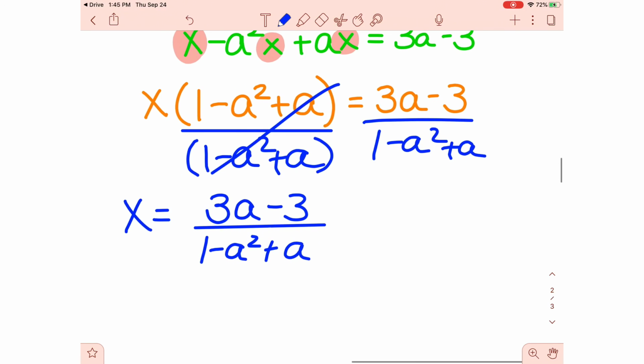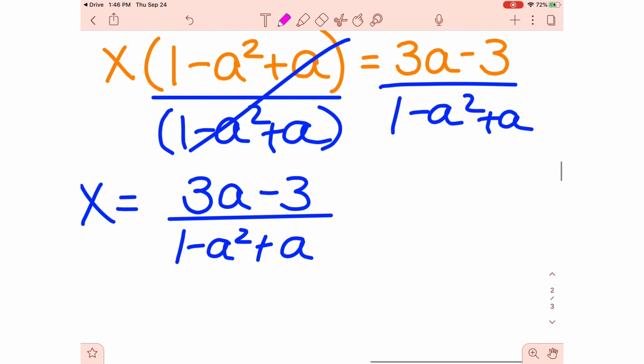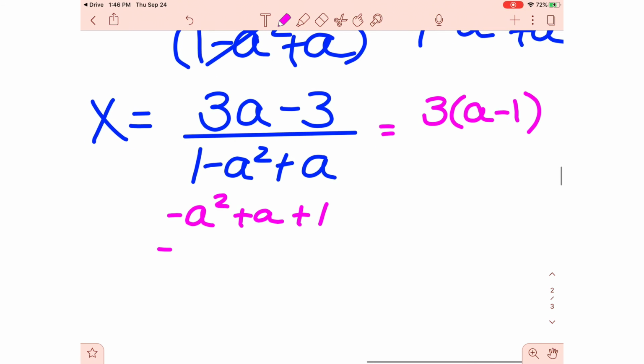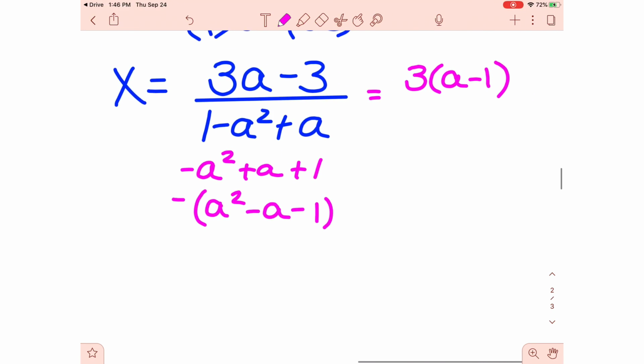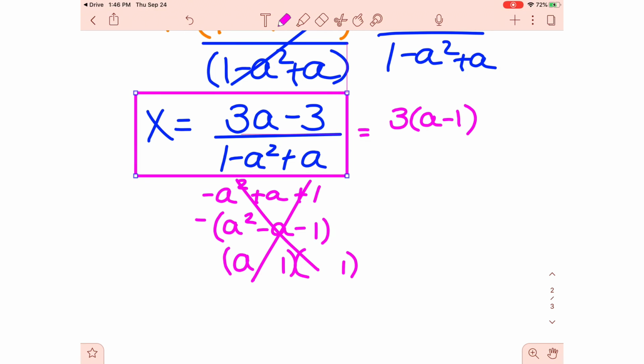Now, I'm going to check to see if anything simplifies here, okay? I have a suspicion that it might, so let's see. On top, I can pull out a 3, and then I'm left with an a minus 1. On the bottom, if I rearrange this to negative a squared plus a plus 1, and pull out a negative, I'm left with an a squared minus a minus 1. Does that factor? Okay, it does not factor because of this minus a. So it's always, always, always worth it to check to see if it factors, but since it doesn't, I could have stopped right here. So I don't have to keep going,